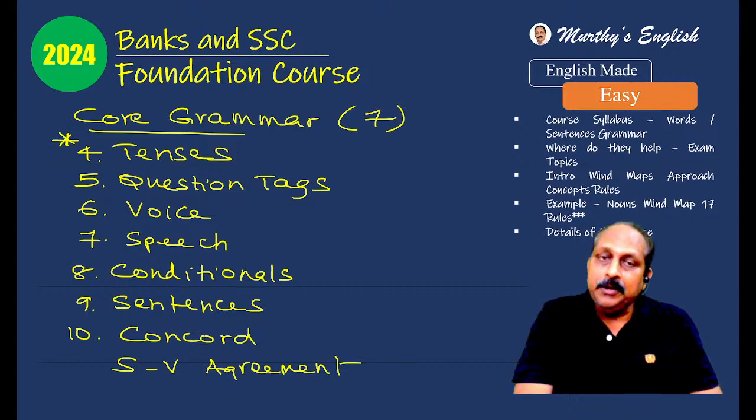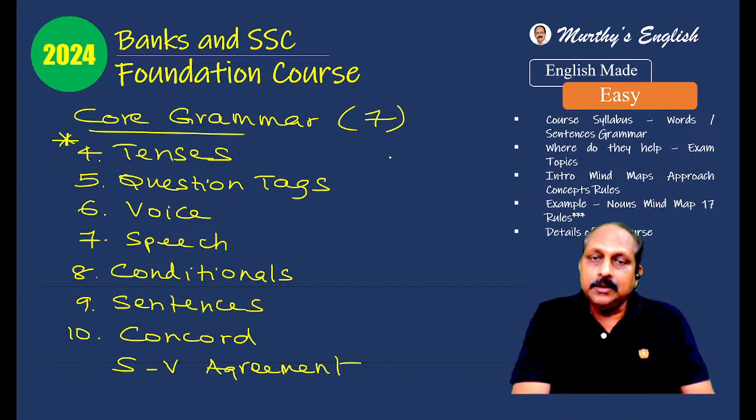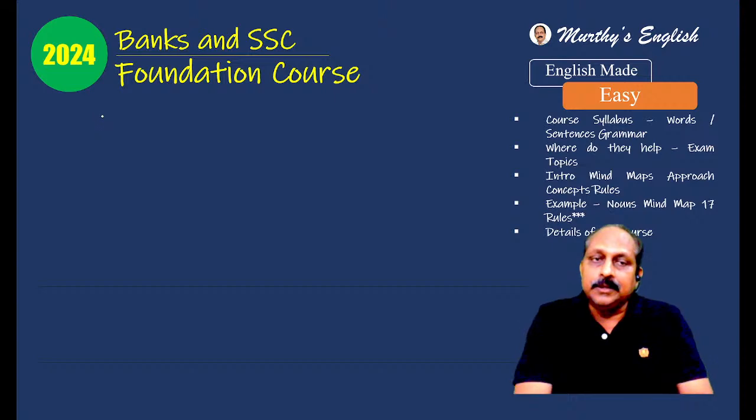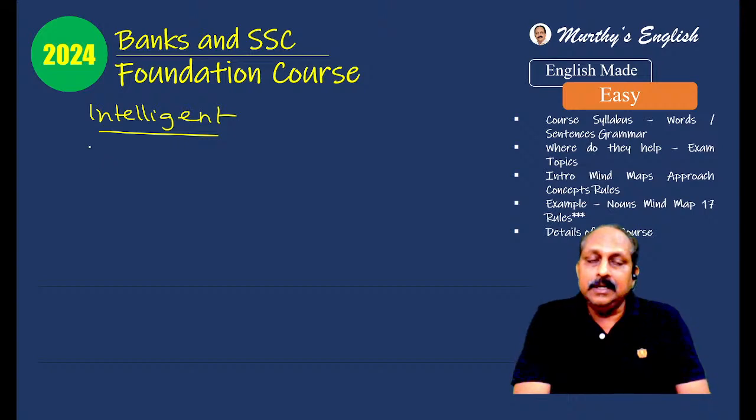How many topics have you got under core grammar? Seven topics. One, two, three, four, five, six, seven. And to master these topics, you have to be intelligent. All these topics, to learn the rules, you have to be intelligent. These are intelligence based